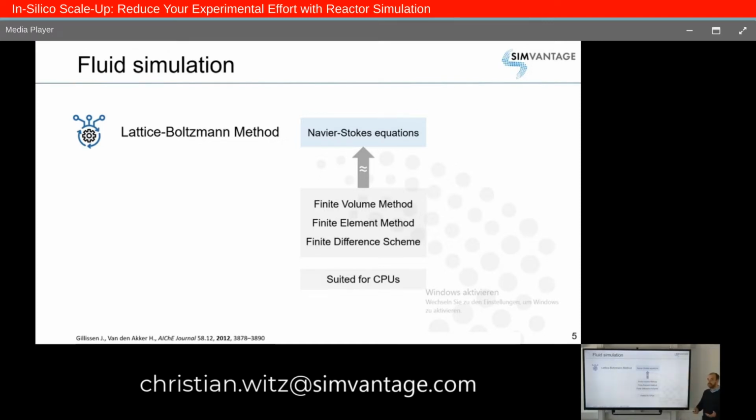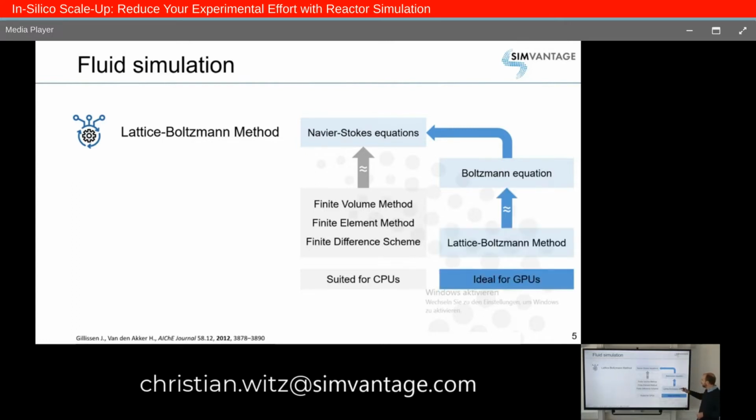But the new generation of algorithm converts the Navier-Stokes equation into the Boltzmann equation. The Boltzmann equation is an equation of statistical mechanics, and then we approximate this Boltzmann equation with the Lattice-Boltzmann method. And this Lattice-Boltzmann method is ideally suited for GPUs, for graphic cards. Because of Bitcoin and gamers, graphic cards are getting faster and faster every year, so we're getting a faster and faster Lattice-Boltzmann simulation every year. The reason why this is so fast is because it's highly parallelized, and it's about 10 times faster